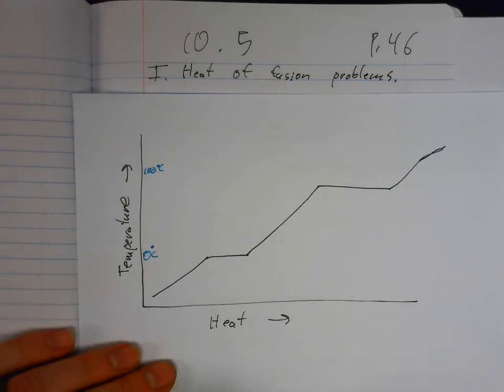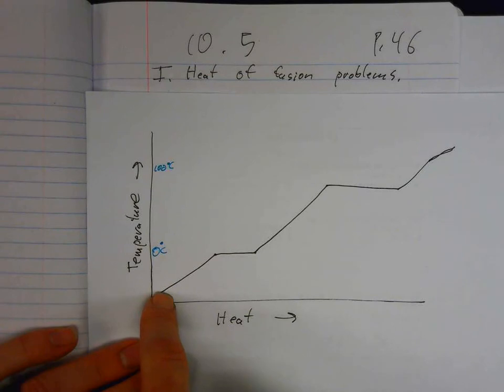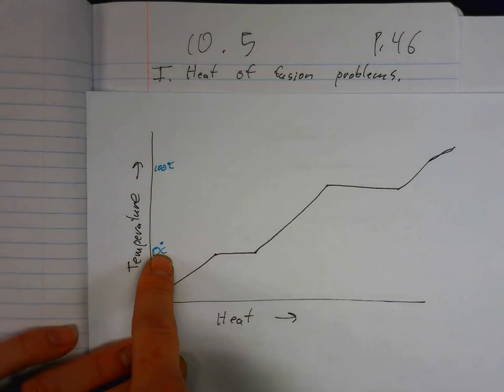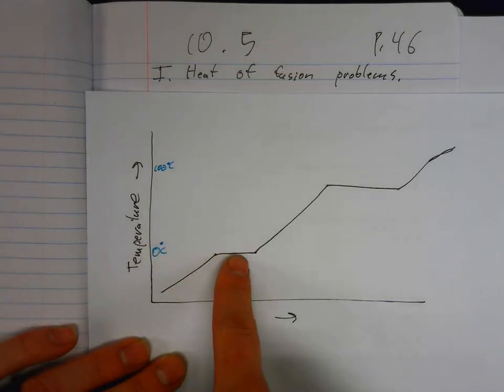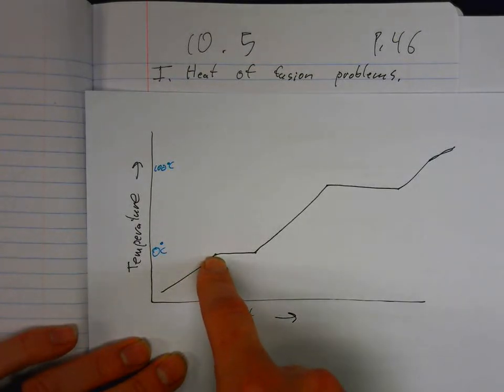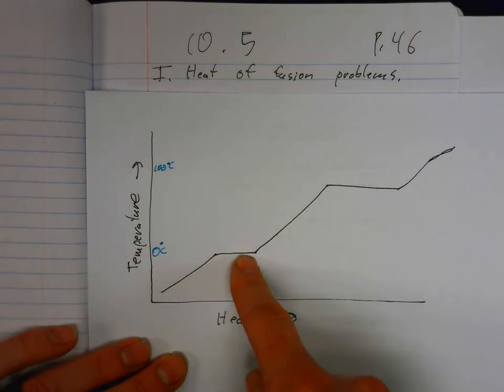This shows the change in temperature with heat. You could picture a solid here at the lower left. It rises in temperature as heat is added. Once it reaches the melting point at 0 degrees Celsius, the temperature does not change as heat is added. It goes into breaking down the solid water into a liquid form, breaking apart those attractive forces between the water